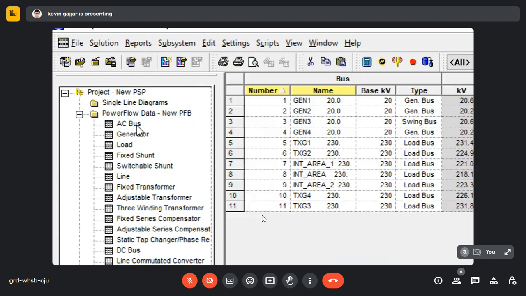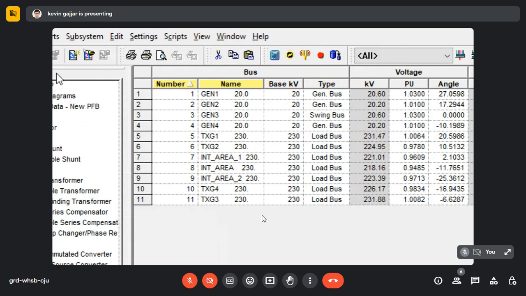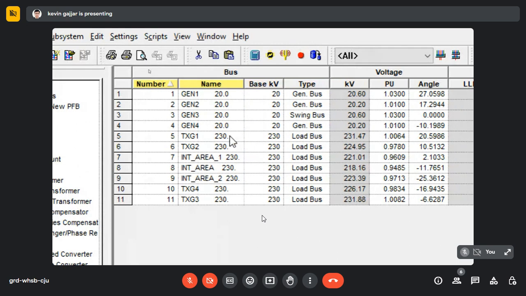Let me open the AC bus. As you can see, these are the same data which we had in PSSE previously. You already have the PSSE raw file, so you can also try to load it